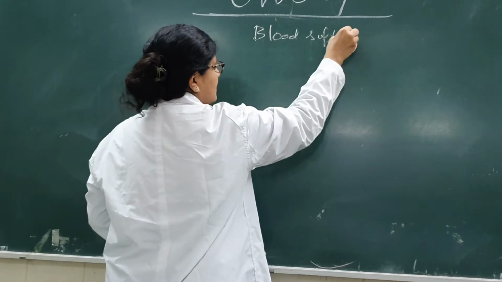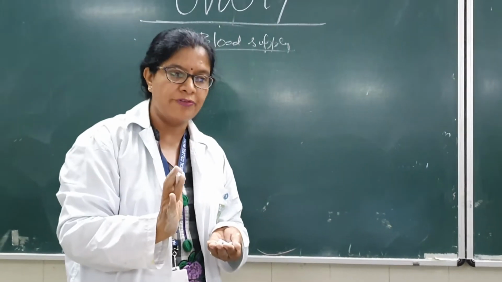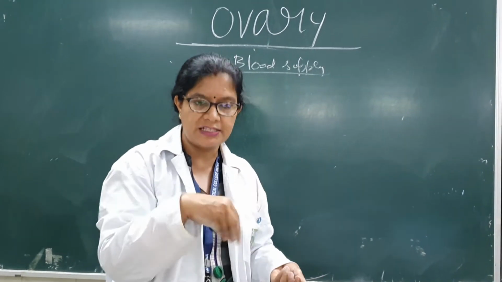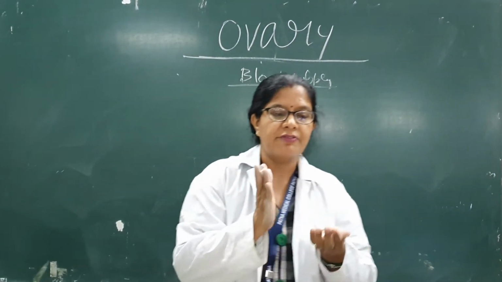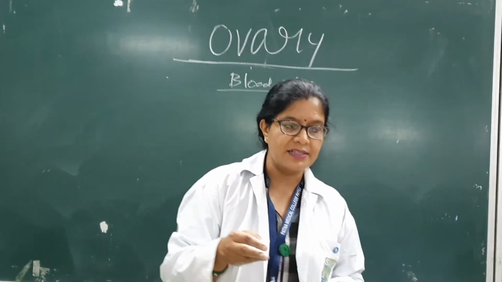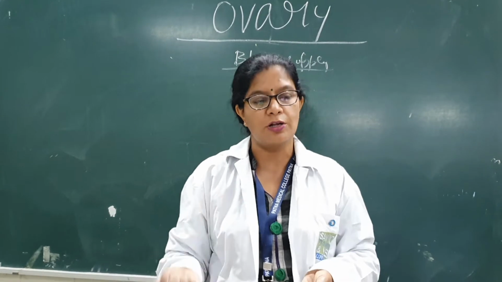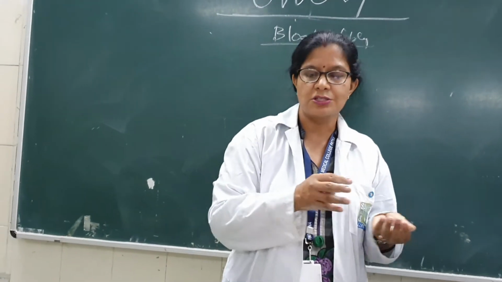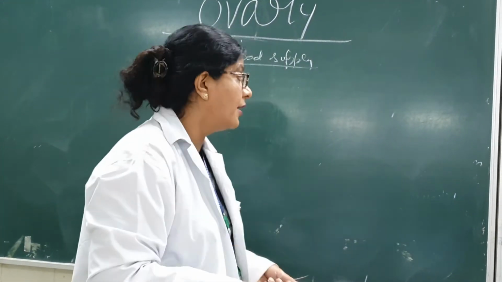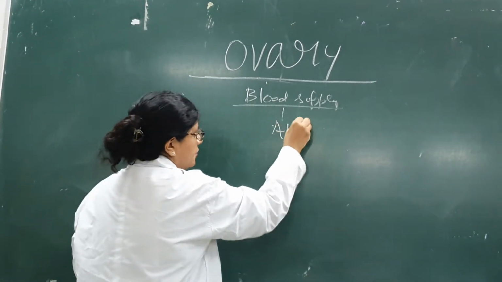supply. As the name suggests, anatomy is all about the nomenclature and the name. If you read carefully, if it is the ovary, then it must be supplied from the ovarian artery, and adjacent areas are also supplied from the nearby structure. If a river is going, it will supply all the areas, all the cities which are near its tributaries. Like that, its main supply is from the ovarian artery, but it will also be supplied by the uterine artery because it is also nearby. So some part will be supplied by the uterine artery, some part by the ovarian artery. Majority will be from the ovarian artery, which is a branch of the abdominal aorta.